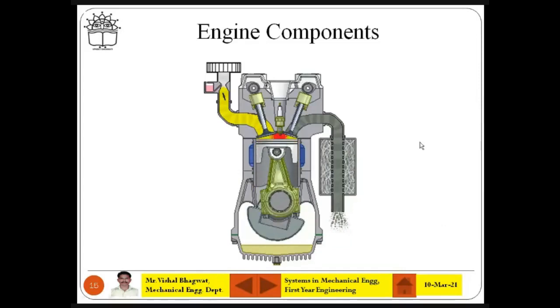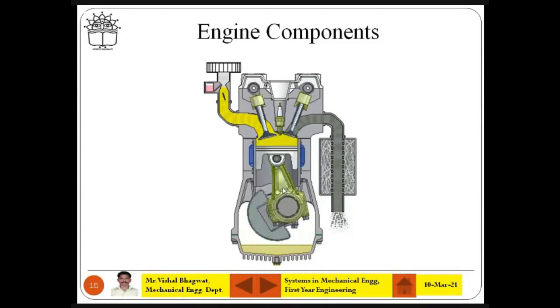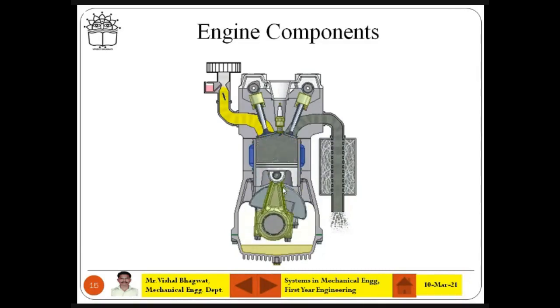So engine components, we'll see. Now this is the four-stroke engine. Purposefully I have taken it because we need to check the engine components. Quickly we'll see the engine components because we need to draw the figure in the exam if you appear for the theory exam. Most of the students are from mechanical, and if you are appearing for the second year, of course you will appear, right? So in second year you need to draw at least this figure.